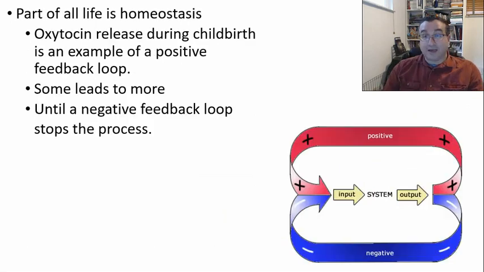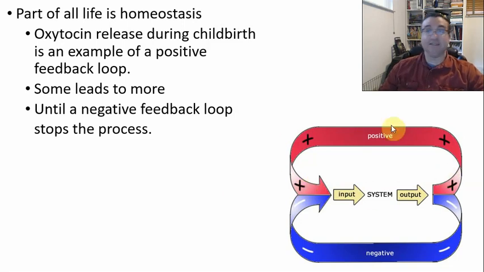A little bit more about oxytocin, a basic protein. Part of all life is homeostasis, and the oxytocin that is released during childbirth is an example of the process of homeostasis because it is released in what's called a positive feedback loop. Some oxytocin goes to changing the body, and some of it works as a chemical that goes back to the origin of the oxytocin,